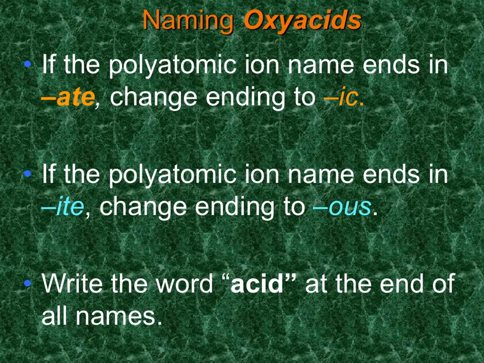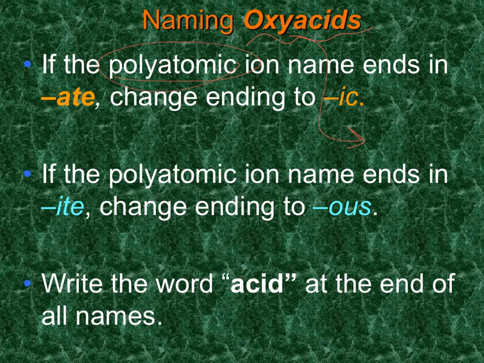The rules for naming a ternary acid, or an acid that has 3 different types of elements, one of them being oxygen, are a little more complicated. So these you may want to take notes on or pay a bit more attention. Oxyacids, first of all, always contain a polyatomic ion. So there are a bunch of compelling reasons to memorize the names of several of the commonly used polyatomic ions, and this is one of the reasons. But the bottom line is, you identify the polyatomic ion that's part of the acid,